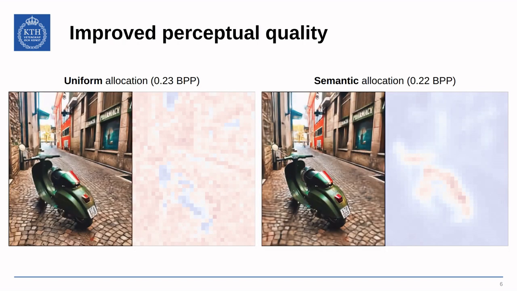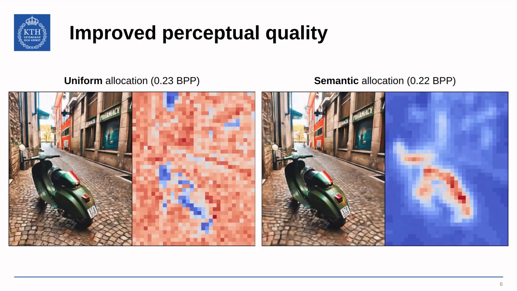Here is an example to compare uniform and semantic rate allocation. For the image on the left, we keep the first 7 out of 32 codes for each patch, resulting in 0.23 bits per pixel. For the image on the right, we use the saliency map from Dino to determine which patches should be given more bits while also matching the rate budget. The two heat maps visualize the actual cost for encoding each patch using the codebook frequencies from the product quantizer. Red indicates a high number of bits, and blue stands for a low encoding cost. Comparing the two images, we see that semantic rate allocation reconstructs the main subject better, while some background details are